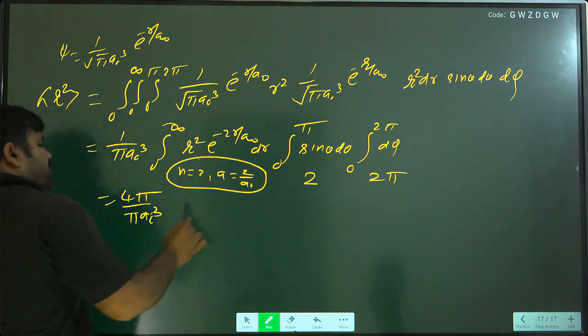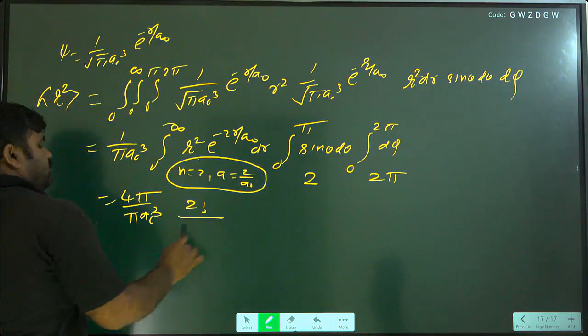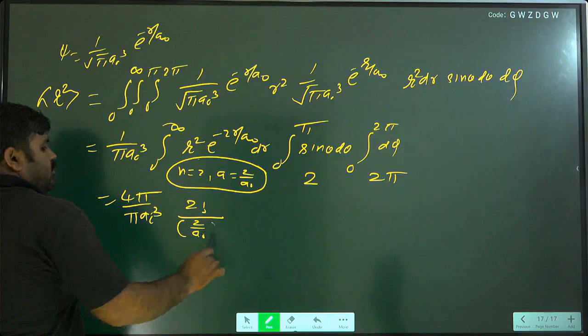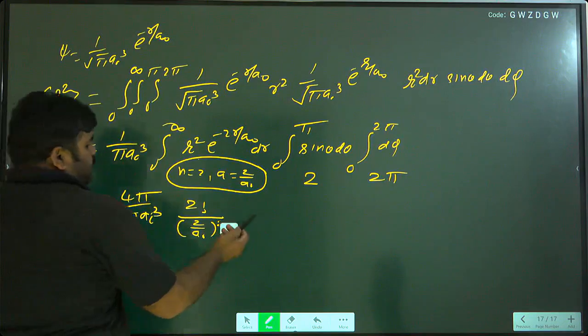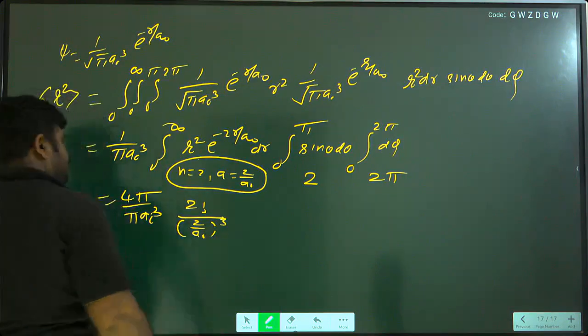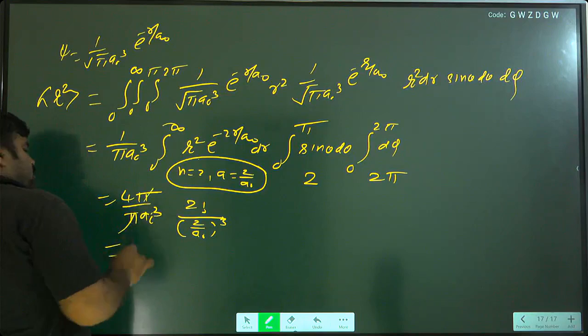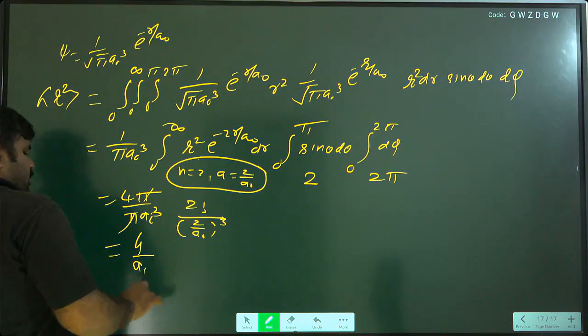Substitute here: n factorial means 2 factorial upon 2 upon a naught, bracket is to 3. Pi gets cancelled, 4 upon a naught cube into